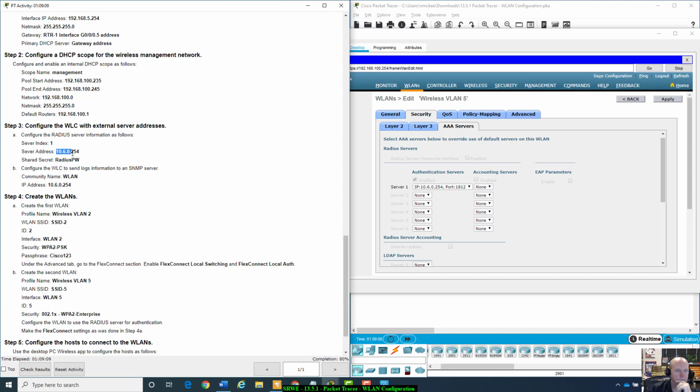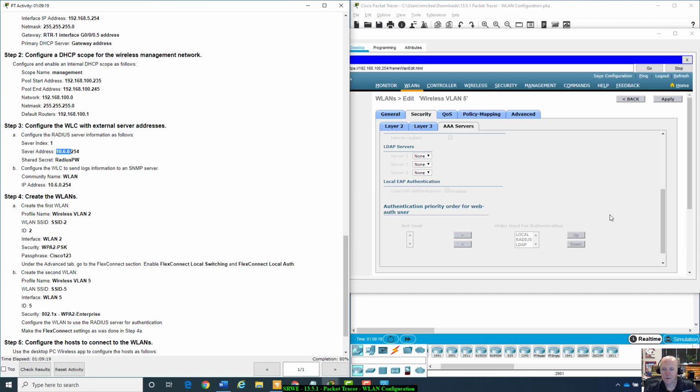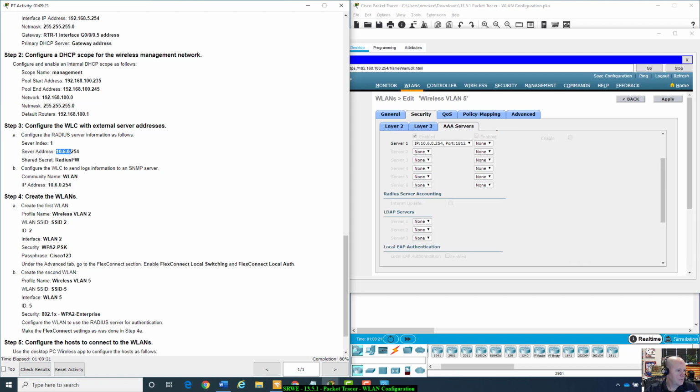That right there. All right, so that's our RADIUS server, 10.6.0.254. All right, that looks good. And then probably the only other thing, which you know what, they didn't even go through that in the instructions